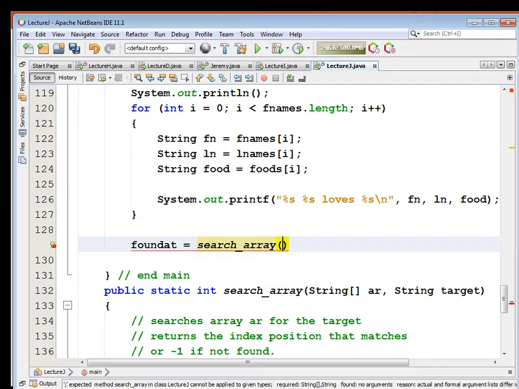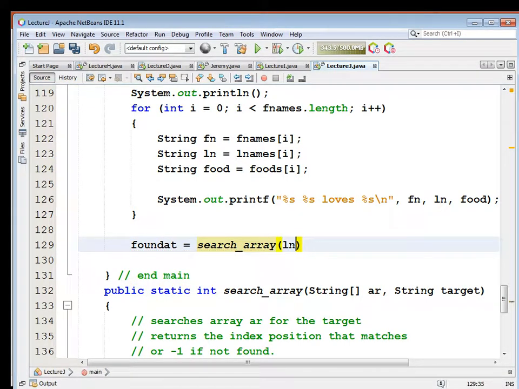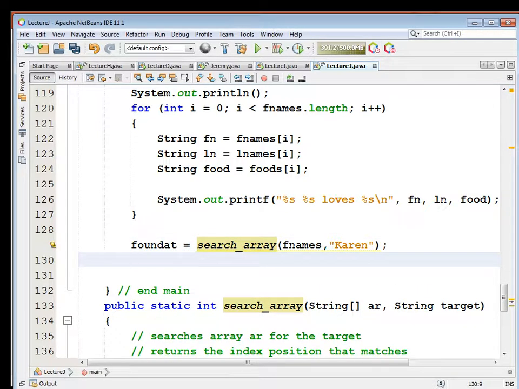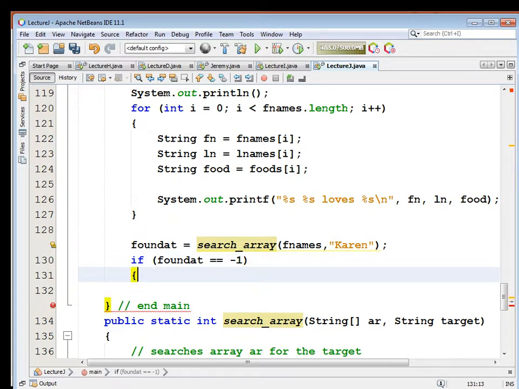The name of our array that we're looking for is fNames, because we're looking for Karen. Our search string, our target, is "Karen", semicolon. And again, we have to check to see if it equals -1. If it equals -1, it wasn't found. If foundAt equals -1,